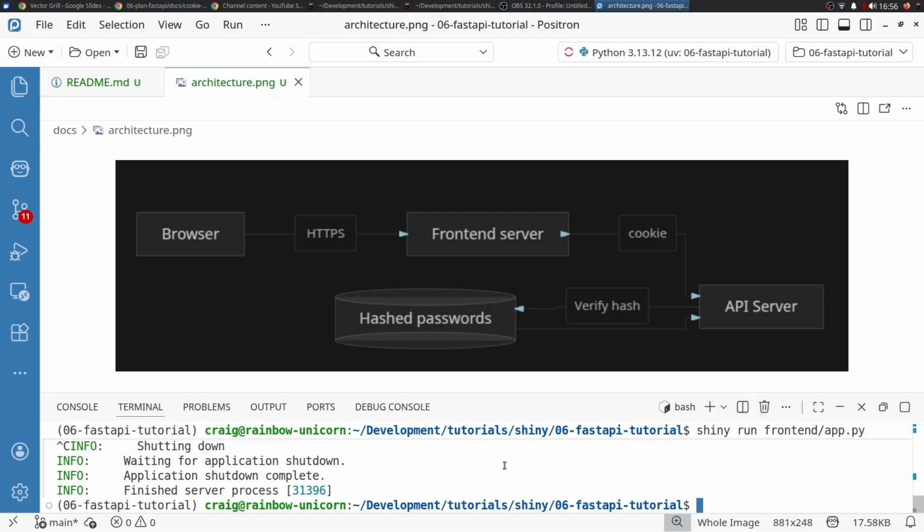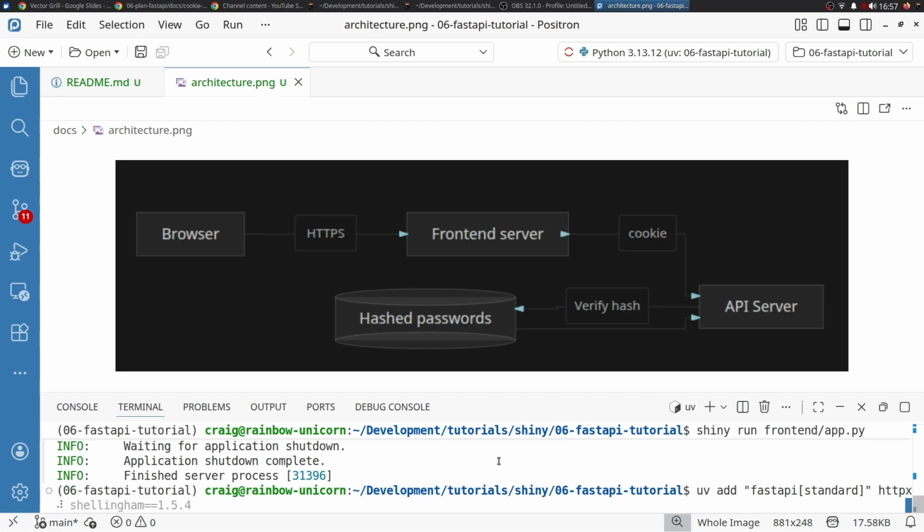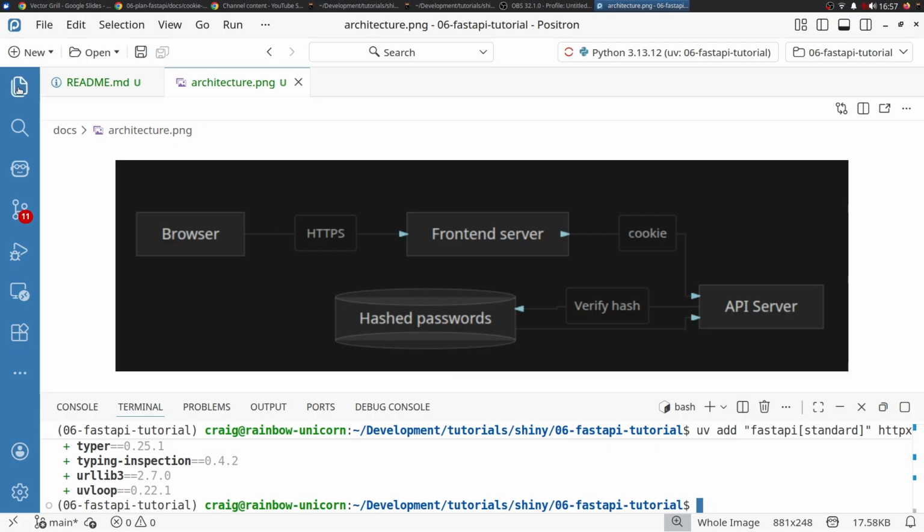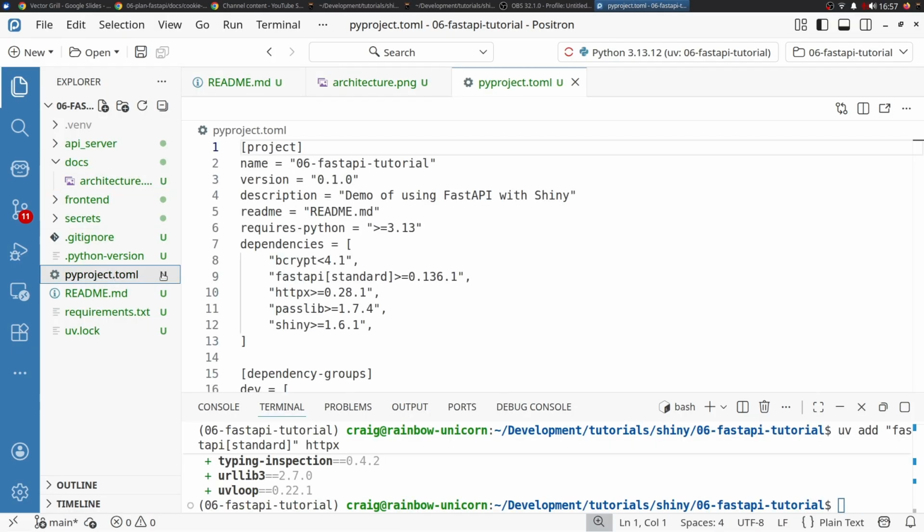In the bottom terminal here, I'm going to use uv add. I'm going to put FastAPI in double quotes. You could use single quotes as well. Square bracket, I'm going to use the word standard. Import it as well as HTTPX. HTTPX is like requests. Okay, added it. Let's just quickly review our